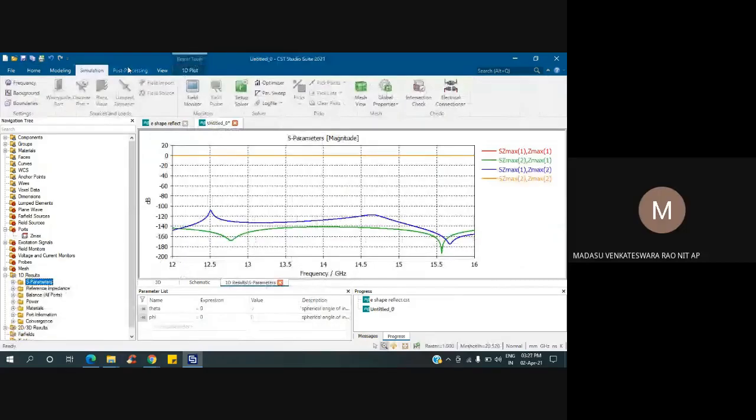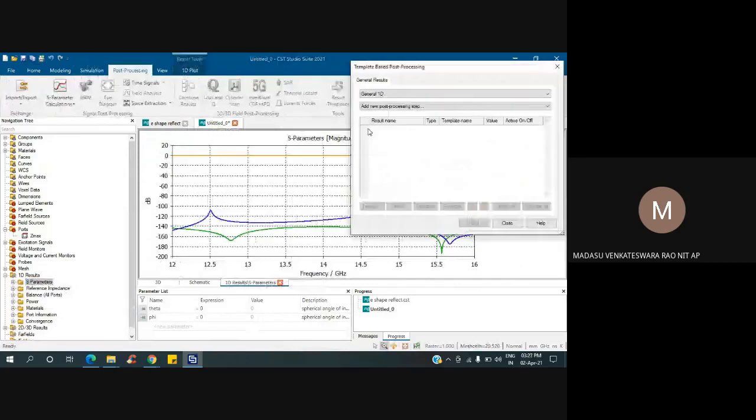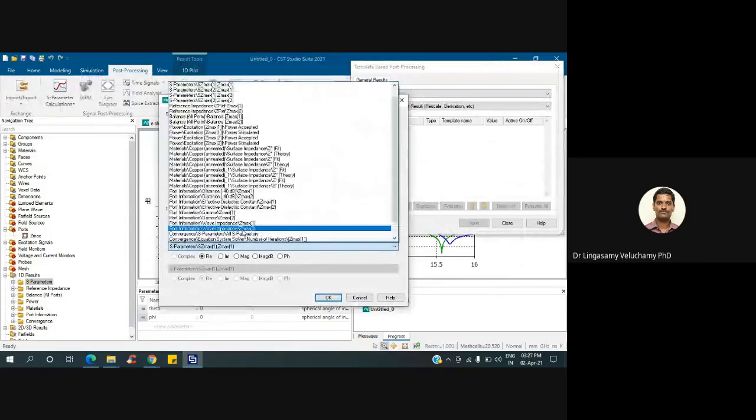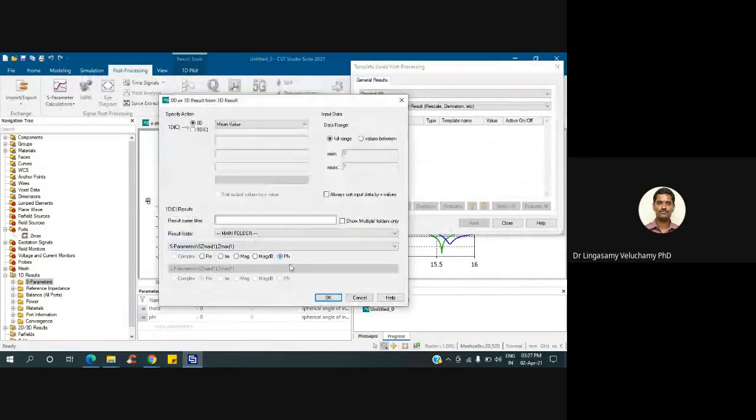After completion of simulation, I'm going to result templates. 1D general, 1D. Here you have to give y at given x. Yes, sir.